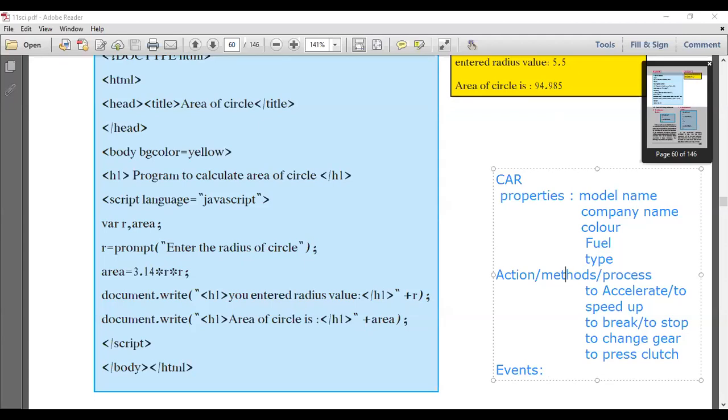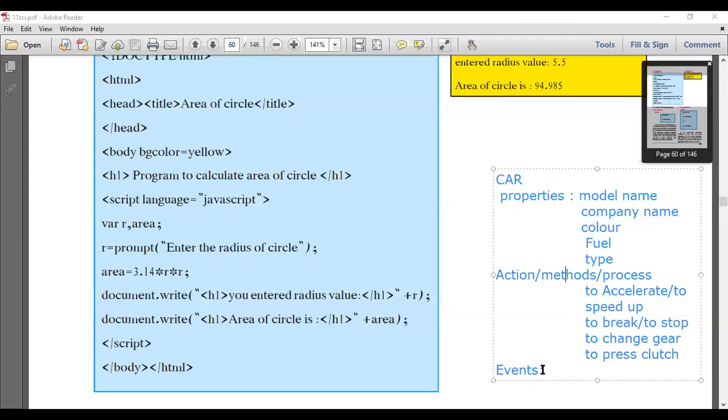So process, methods, and actions we have to start by using events. By executing or triggering that event, we can process any action. How is it possible?